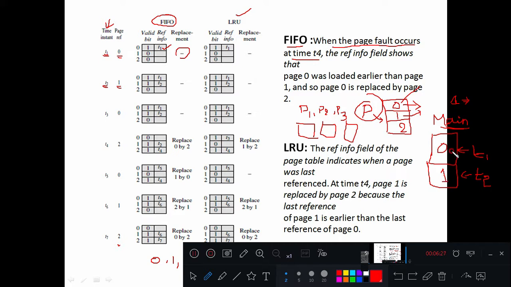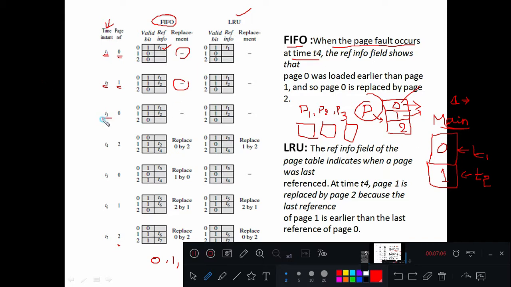One was occupied by page 0 and now one more page was free, so that will be occupied by the next page, which is equal to 1. Now if I want to load one more page in this main memory, that is not possible because I don't have space to load a new page, right? So in that case we require the replacement of this particular page. So which page is going to be replaced? That is the study of this FIFO page replacement policy. So do I require page replacement in this case? No, because I have 2 pages loaded in the main memory.